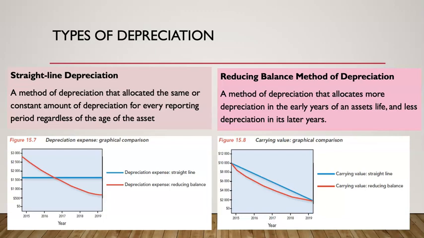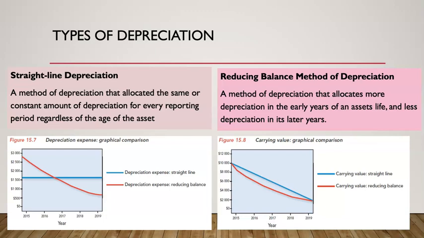Straight line is the same. It is a constant amount each year. Carrying value, the value of the asset, is different. Because it is a constant amount of expense in straight line, the value of the asset reduces constantly, the same